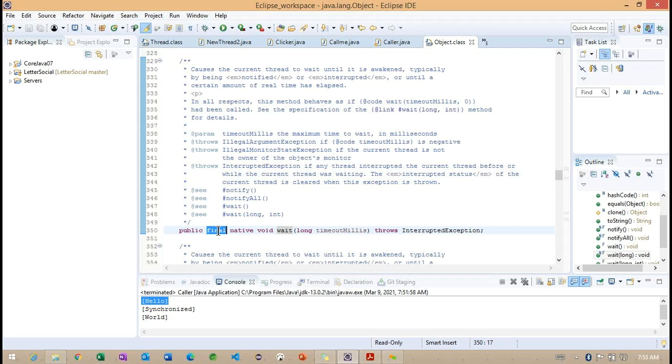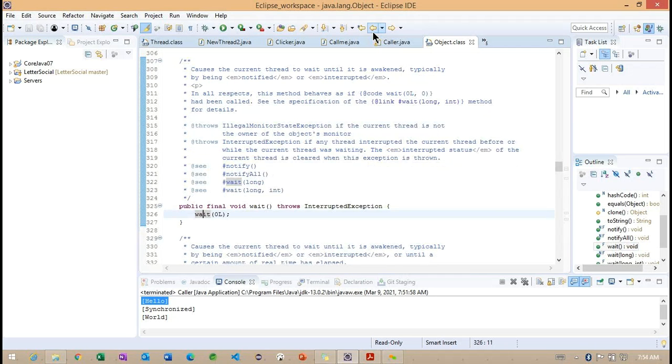A final method cannot be overridden in inheritance. So all the methods are final: wait, notify and notifyAll. We'll see how we can work with inter-thread communication using these 3 methods. Getting the point?